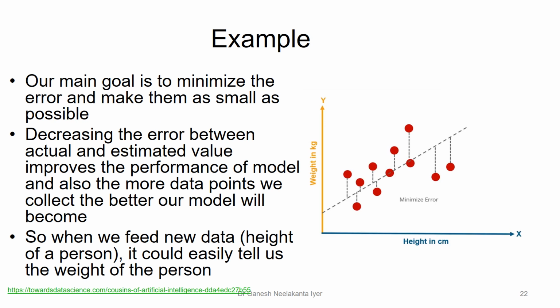Maybe if you have more data points, that is one way, or we tilt the line by a bit. Maybe instead of weight equal to height minus 100, maybe weight equal to height minus 120 or 80, and see which of them gives a better, minimal error. Sometimes instead of a straight line, it may be a logarithmic curve, which might be giving a better answer. So find a curve